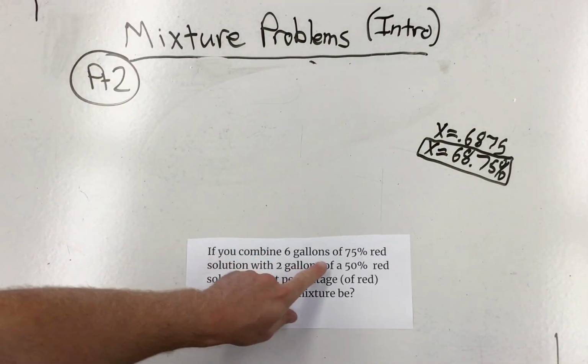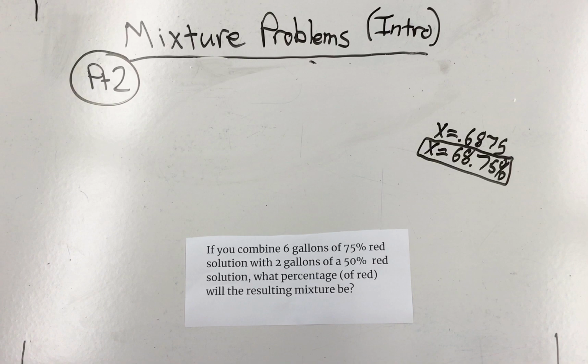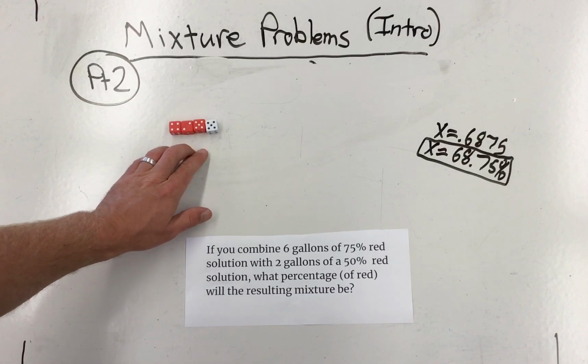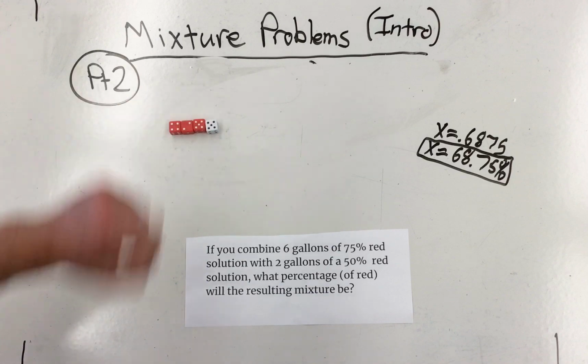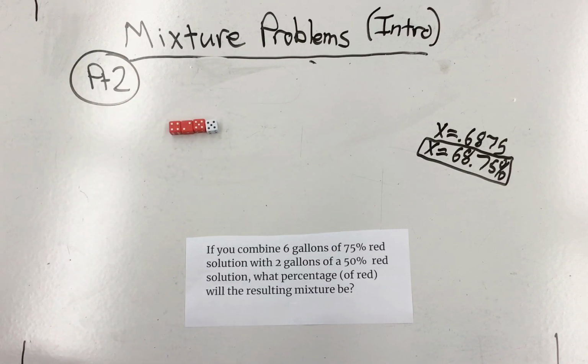All right, let's first think about this part. 6 gallons of 75% red. What does that look like? Well, for 75%, you need 4 things, and that's our unit rate. We have 3 red and then 1 white, so that's 75% red. And we need 6 of these. So 1, 2, 3, 4,